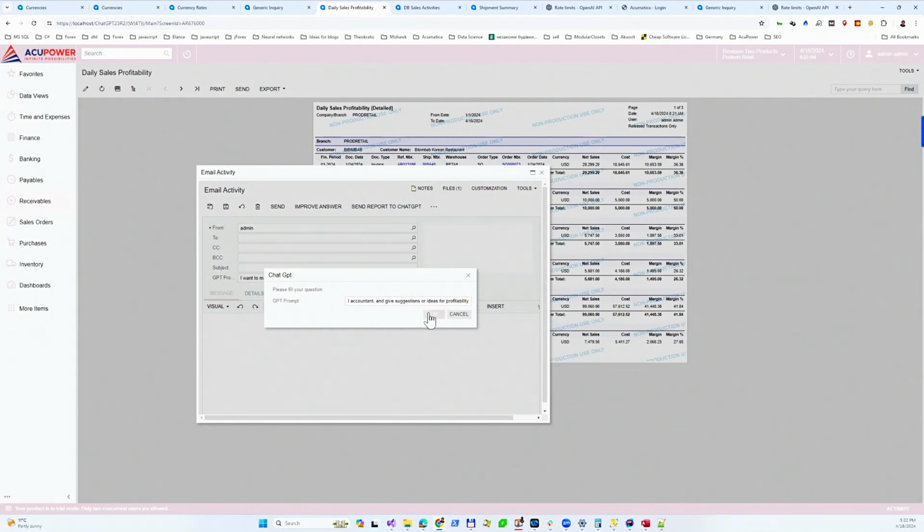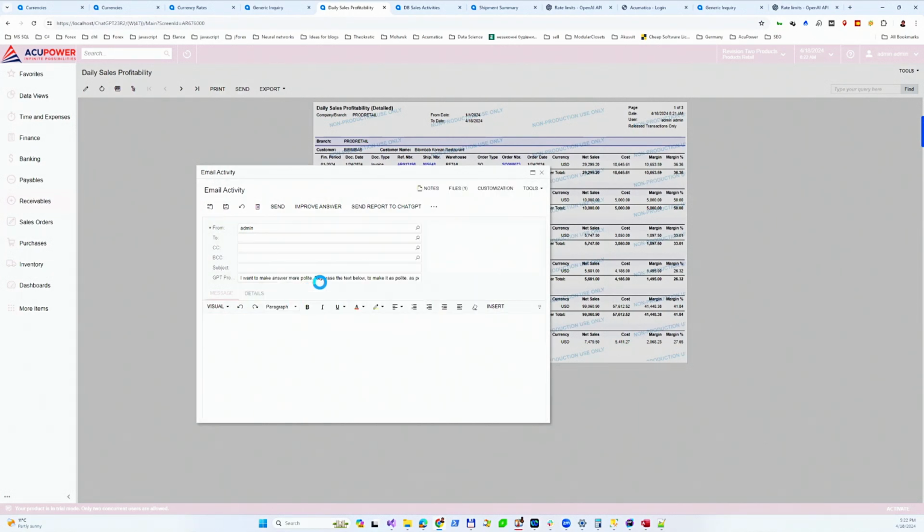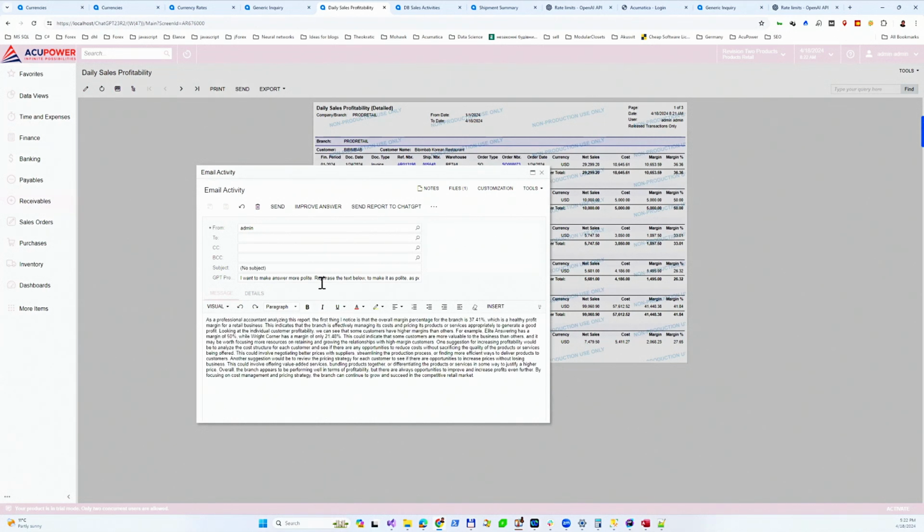And I click on OK. And again, depending on the license and internet connection speed, here we see